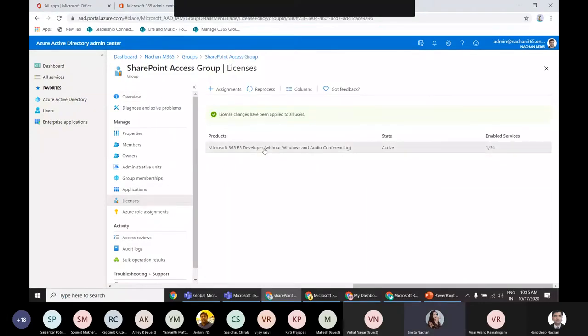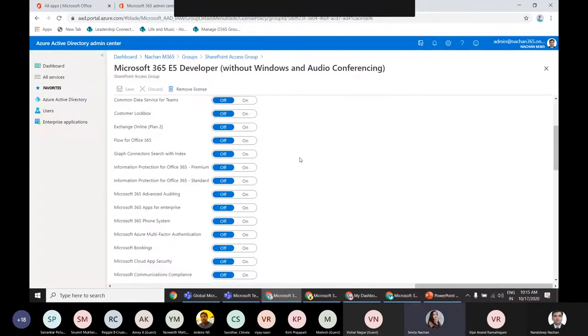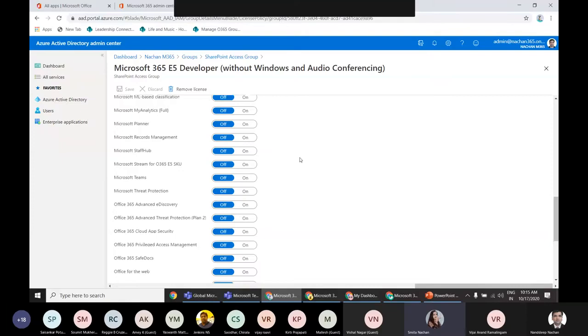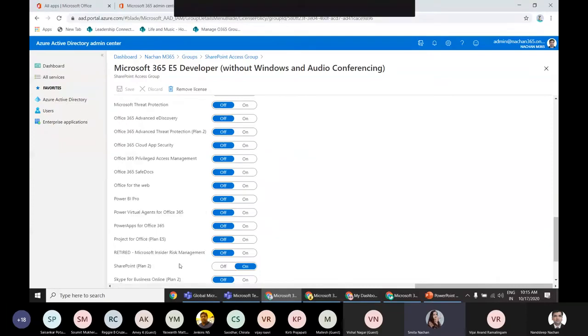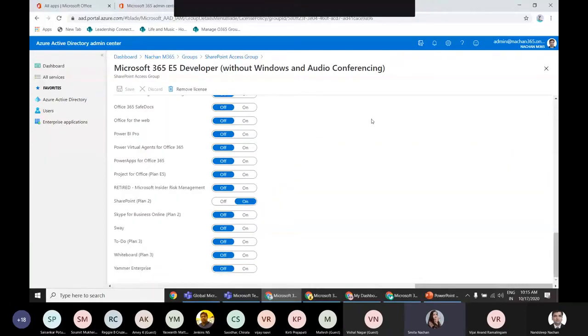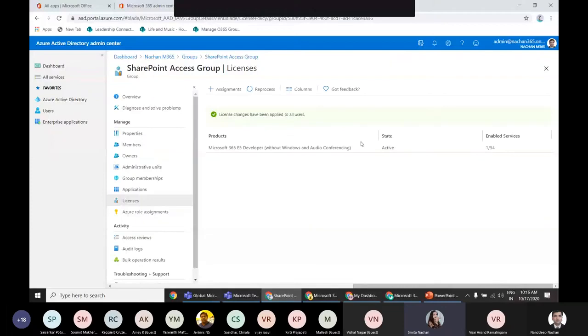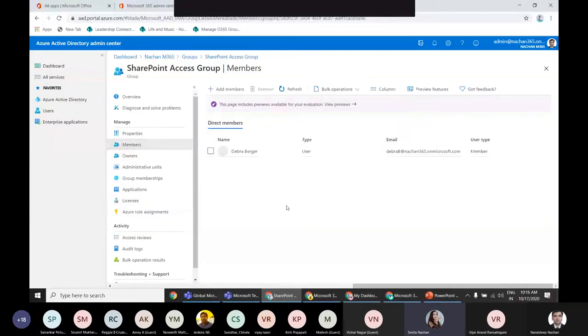you can see we have added only SharePoint. So any user that we add as a member or owner to this group will automatically get this license. After adding the user, that user will be able to access SharePoint. This is one best example if you want to provide your users licenses for SharePoint. Instead of providing them direct access from the Microsoft 365 Admin Center, you can add your user in an Azure group from the Azure Active Directory Admin Center.